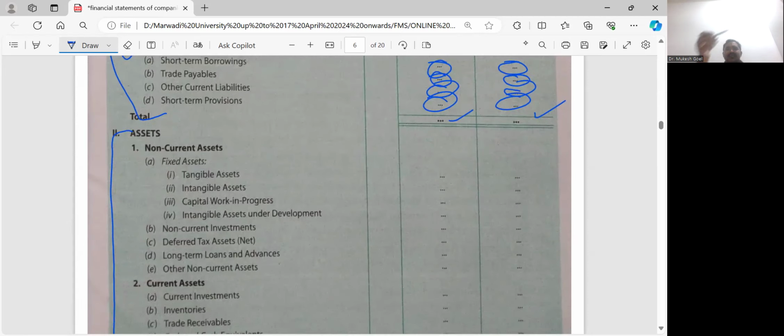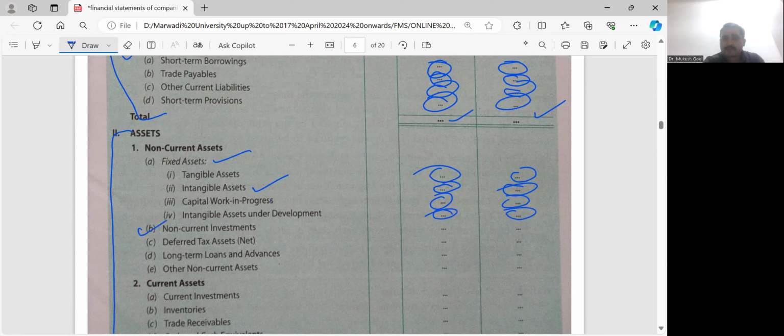Now, asset side. There are non-current assets. First of all, in non-current assets, first part is fixed assets. Fixed assets are tangible assets like plant and machinery, building, vehicle, furniture. Tangible assets are those assets which we can touch. Intangible assets are those assets which we cannot touch, we can feel only, like goodwill, trademark, capital work in progress, intangible assets under development,